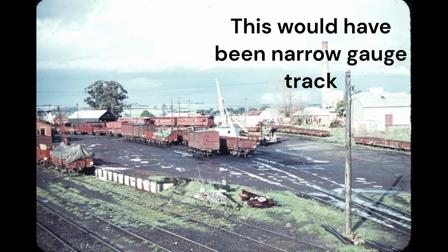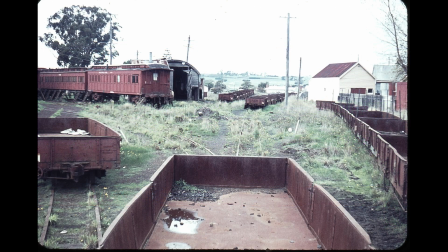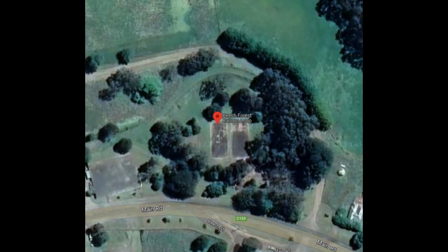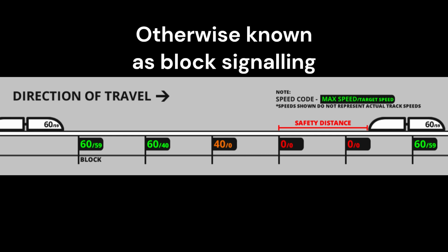As the line is narrow gauge, but its connection at Colac was broad gauge, a cross-platform interchange was built for goods only. The narrow gauge and broad gauge lines left the yard in the same direction, and a balloon loop was provided at the other end of the line so trains can turn around. It was built with a staff and ticket signaling system, but the signaling system was upgraded to the train order operation from 1929 to